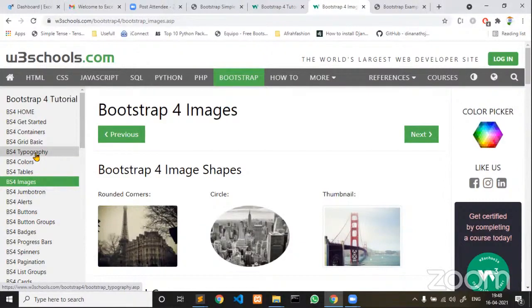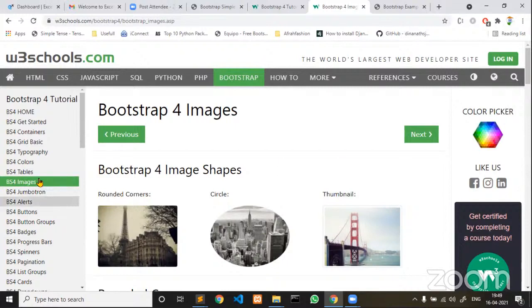Guys, why have I used W3Schools here? Because it has given the basics very thoroughly. If you use the Bootstrap official website, it has a bunch of text and information which is really not required. Also, Wikipedia has wanted and unwanted information, whereas W3Schools gives only the important information. So for the fundamentals or basics, it is better to go to Bootstrap there.